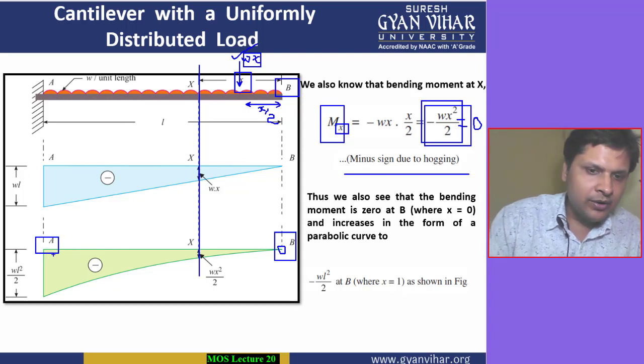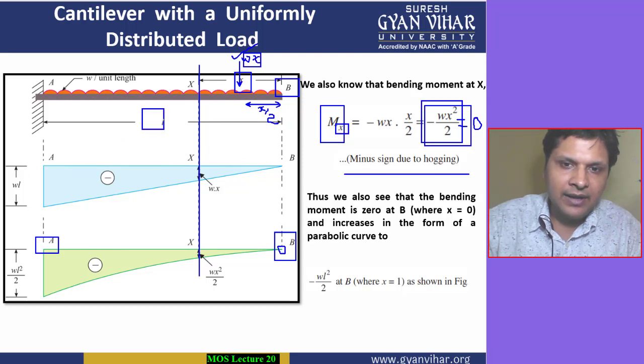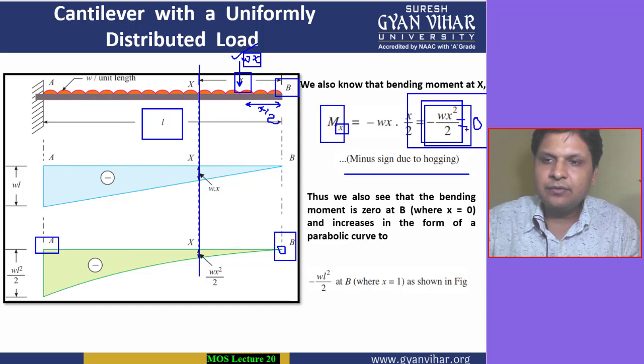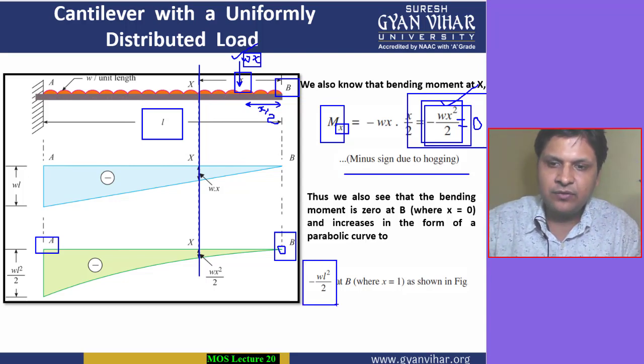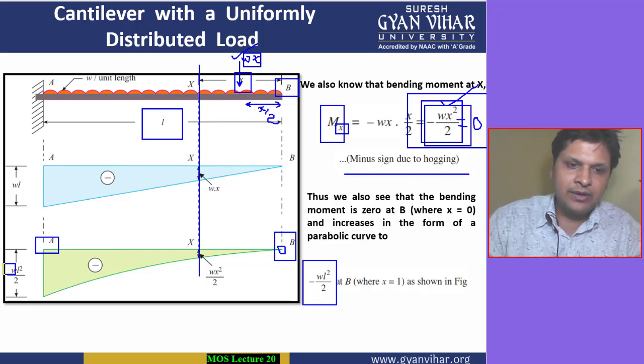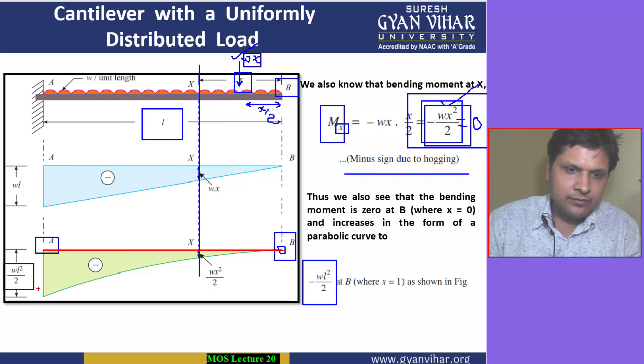When you come to point A, when you place the section at A, the length which you will take will be your small l. So in this equation of bending moment, students, you will put l in place of x. So the equation will be converted into minus WL square by 2. Why minus? Because I have already told you, it is going clockwise on the right hand side. So minus WL square by 2, a minus value is taken below the baseline. This is the baseline. All right, and the value is minus WL square by 2.